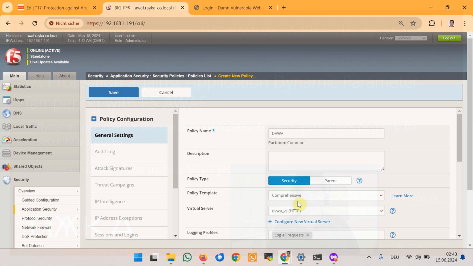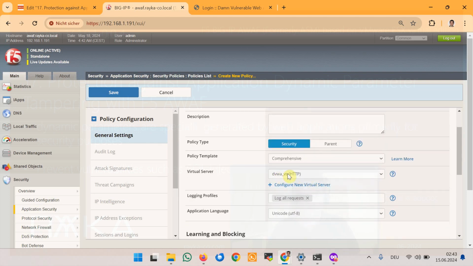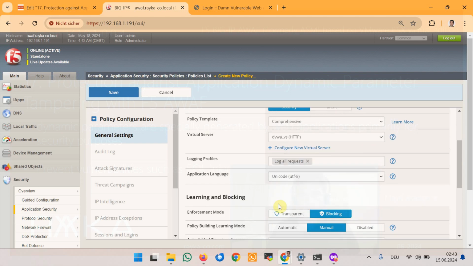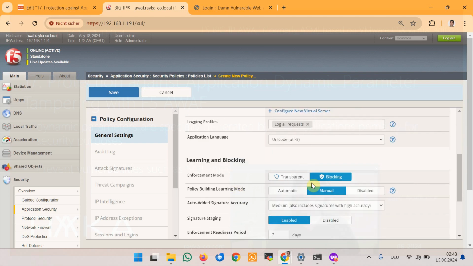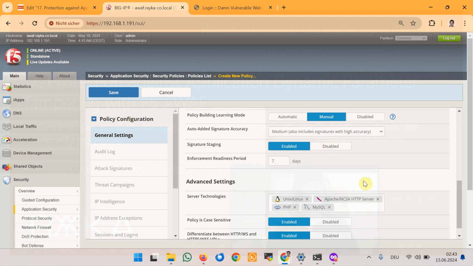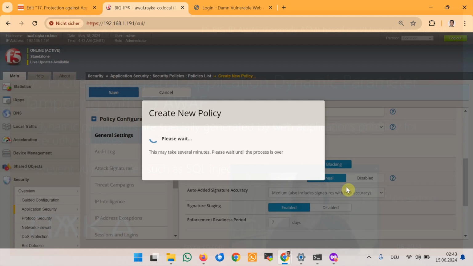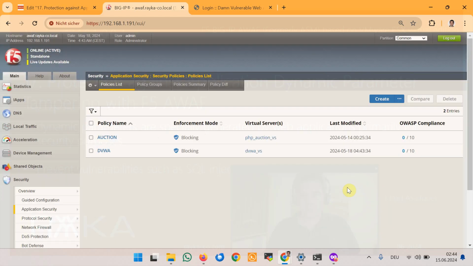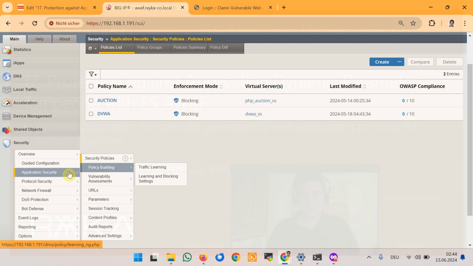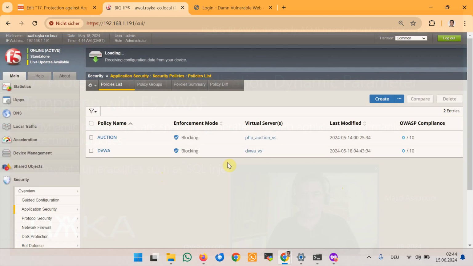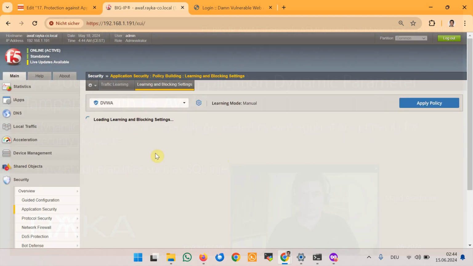To protect against dynamic parameter tampering, we will configure a security policy using a comprehensive or any other general security template with the name DVWA and apply it to the DVWA web application, application language UTF-8, and enforcement mode to blocking to ensure that tampering actions are blocked, and learning mode to manual, and server technologies like Linux, Apache, PHP, and MySQL, and then save. Then we go to the section learning and blocking settings,